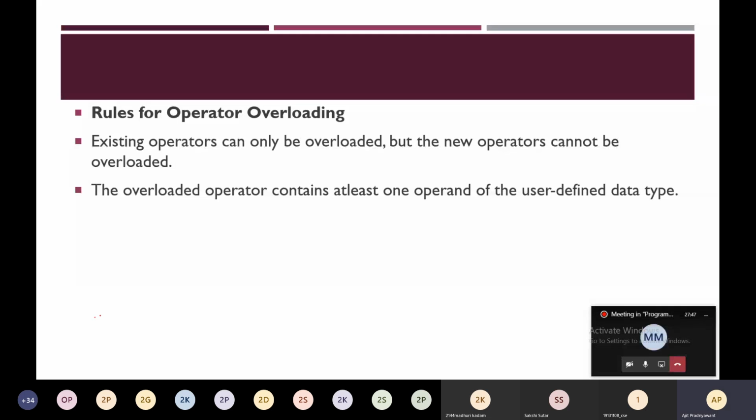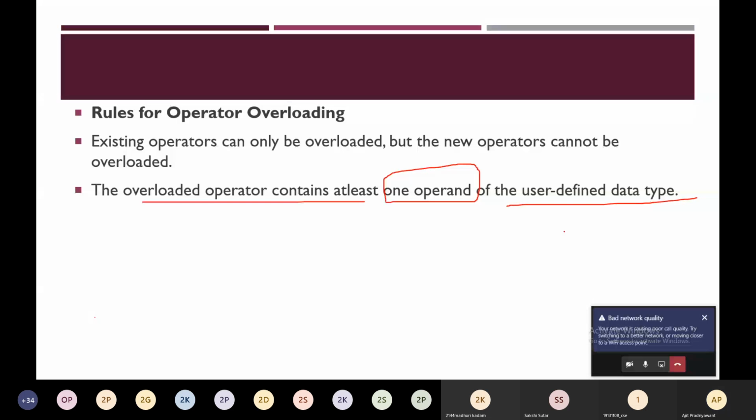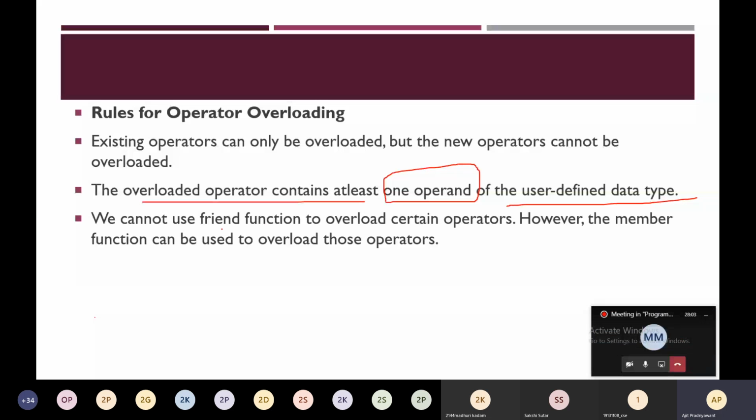The overloaded operator must contain at least one operand of the user-defined data type. We cannot use a friend function to overload certain operators. However, a member function can be used to overload those operators.